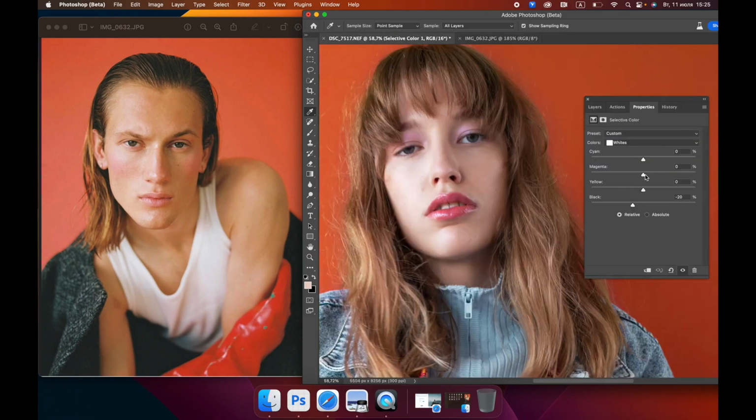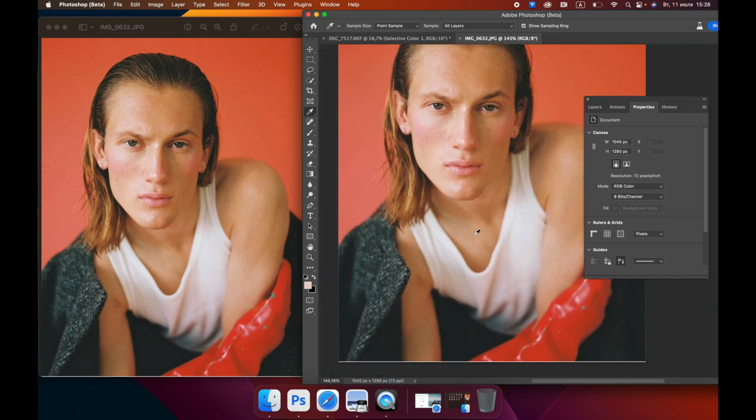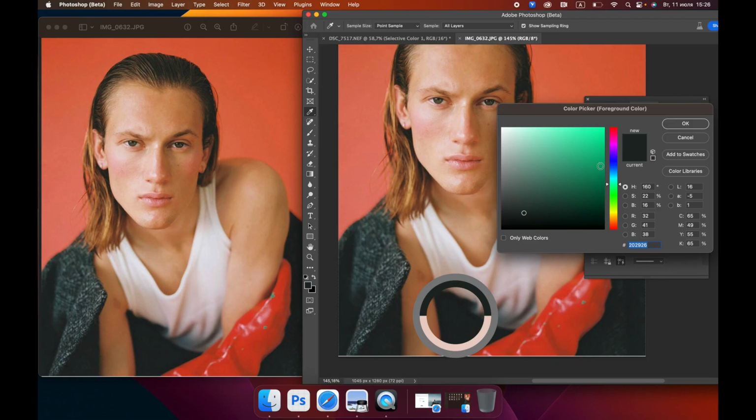As we work with these settings, we can add cooler and warmer shades to the highlights. I suggest adding warmer shades here, plus some pink working with this scale. Next, we can work with the shades in the darker areas. Let's check what shades are present in the dark areas. Again, we will use the dropper and we can see that there is a greenish tint here, and we can